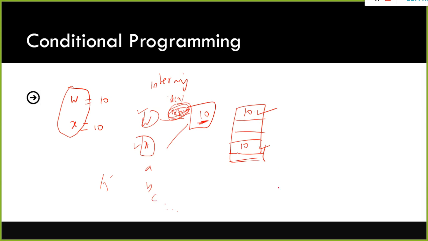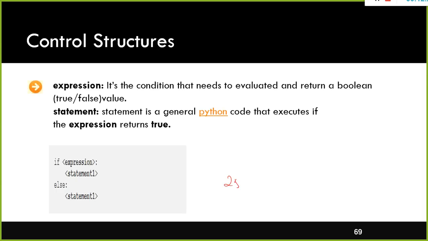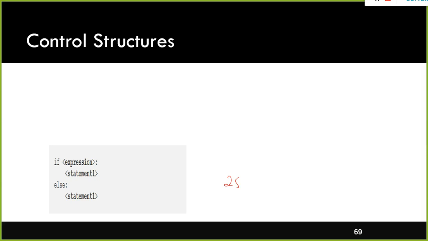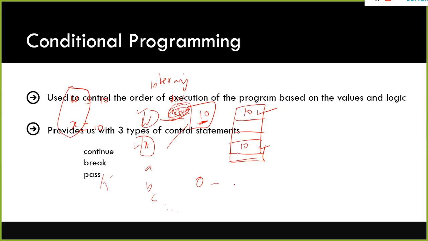It is redundant. Rather than storing the value 15 times, it stores the value 10 only one time, because the value 10 is used by all the 15 variables. So store once and use it many times. That is what is happening using the reference value. But there is a limitation, 0 to 256. Only 0 to 256 it will work. That we will validate now.